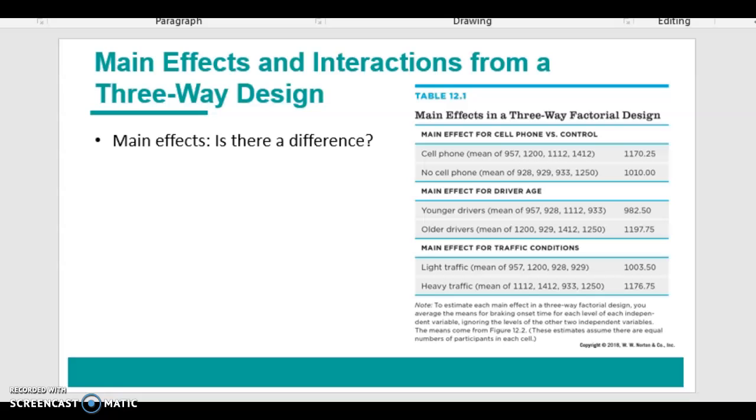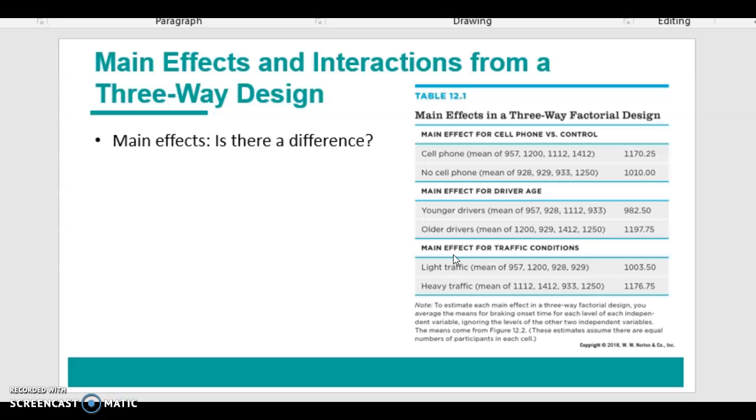All right, so looking at main effects and interactions. Remember main effects? They simply tell us if there is a difference between independent variables. We are interested in the interactions, how the independent variables affect